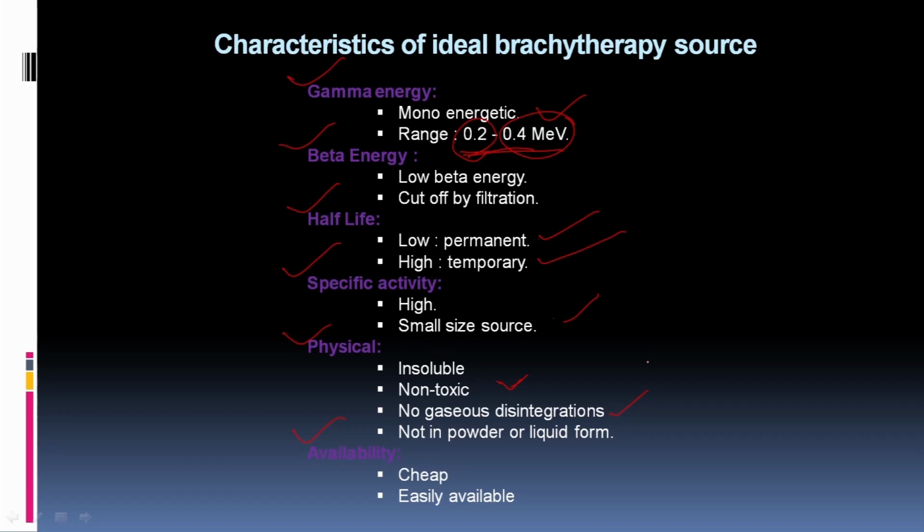In radium we have radon, which is a gaseous disintegration, and so we discontinued the application of radium as a brachytherapy source because of this problem. Radon is a bone seeker, and it is a gaseous disintegration. So, there is a problem of contamination,